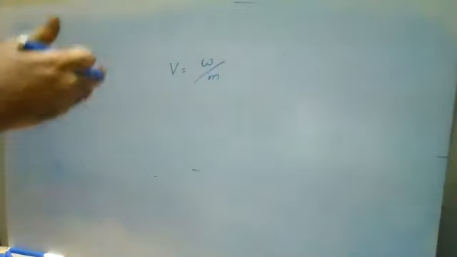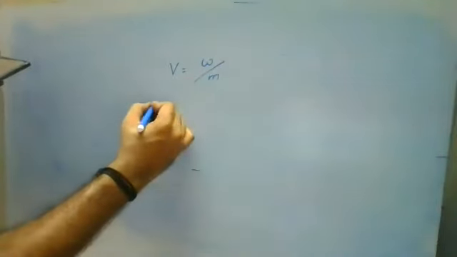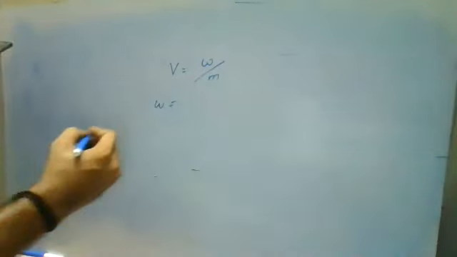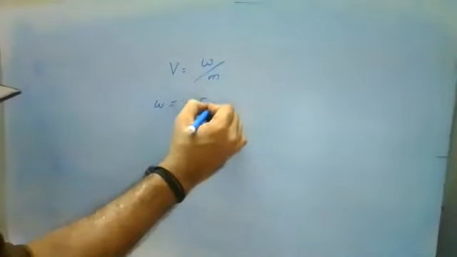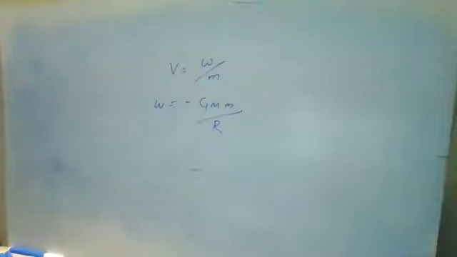That means it was doing some work, shifting the object from one point to another point. So it was doing some potential here. When we discuss one particular point, it is the potential. When we discuss two different points, it is your potential difference. Now, for the gravitational potential, the relation again: W is equal to minus G capital M small m by R.